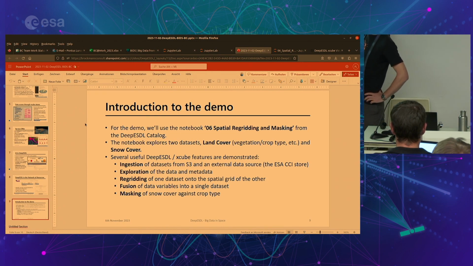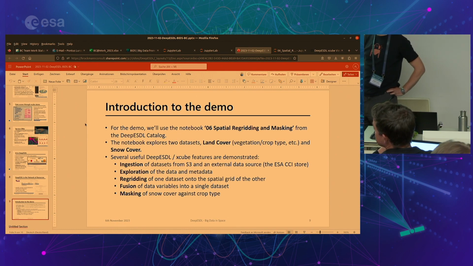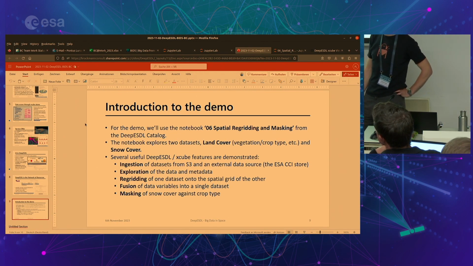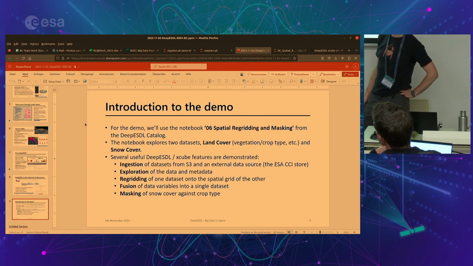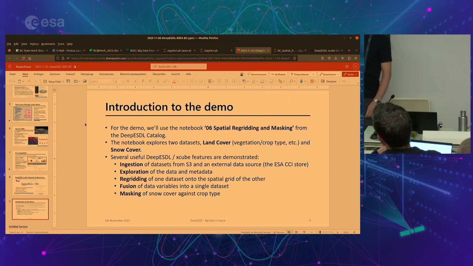So yeah, land cover, vegetation, crop type, forests versus crops versus other things, and going through what this is meant to show off. Firstly, the ingestion of data sets, the two types, the pre-digested analysis-ready data set and the dynamic loaded-on-demand data set. Interactive exploration of that data within the notebook,